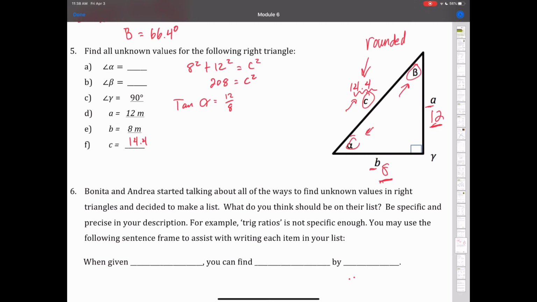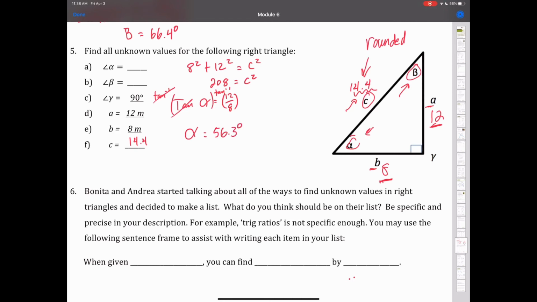And now to solve this, we're just going to do the inverse function, tangent inverse, to both sides. Tangent and tangent inverse are inverses of one another, and they cancel. So we have alpha equals tangent inverse of 12 over 8. So I'm going to put that in my calculator, 12 over 8, and push the tangent inverse button. And I get